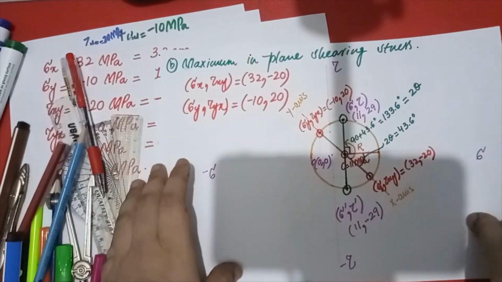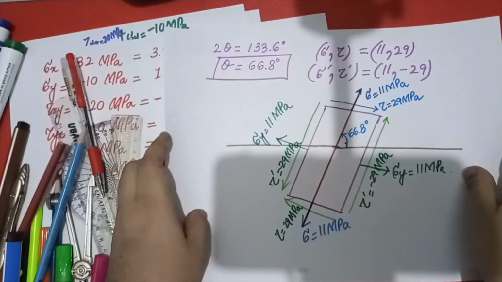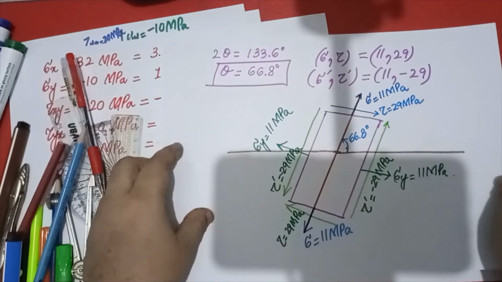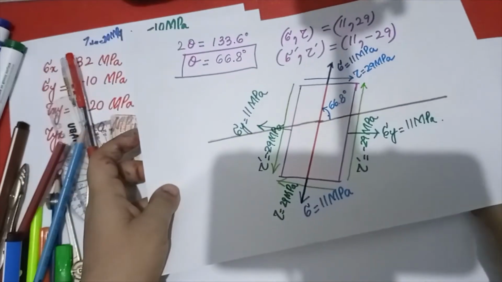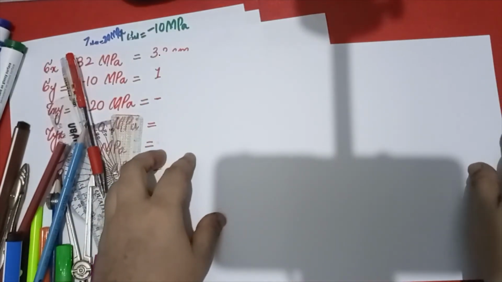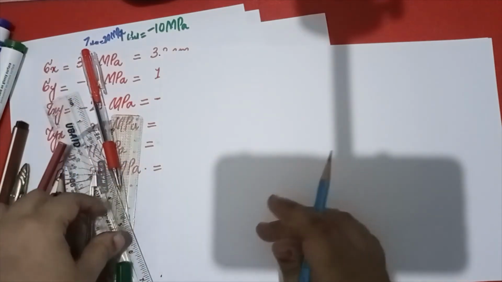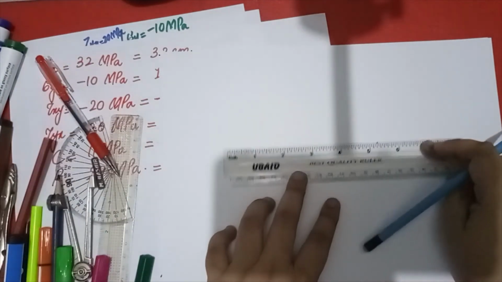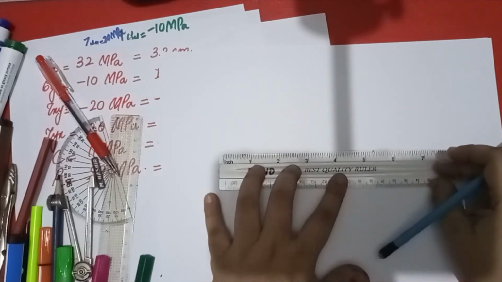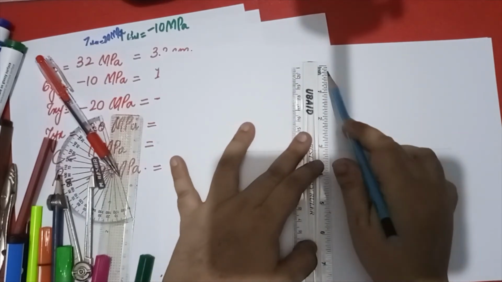And now I am moving towards part C. It is quite a lengthy question, but it is the combination of three numericals. Now I will draw the Mohr circle again. Although it was not needed, I could do all the working in the same numerical, but due to less visibility, I have chosen to do so. So I am again going to draw the planes, shear stress and normal stress planes.